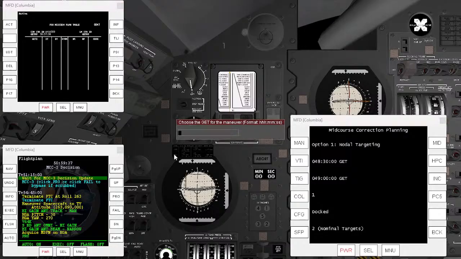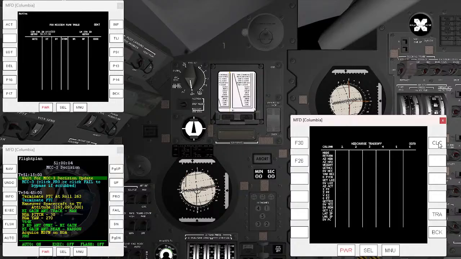So time of ignition will be 76 minus 22 is 54 hours. So 54 hours. Then we'll nab our vectors at 53:30. We will be docked for this burn. So mid-course correction, yeah, 0.3 feet per second. We are easily going to be